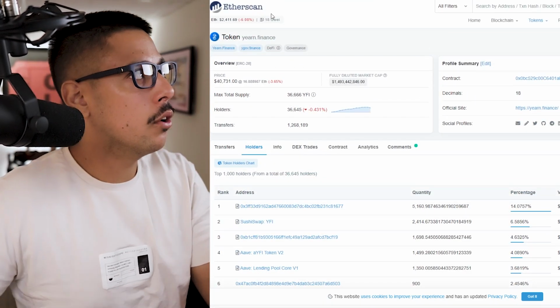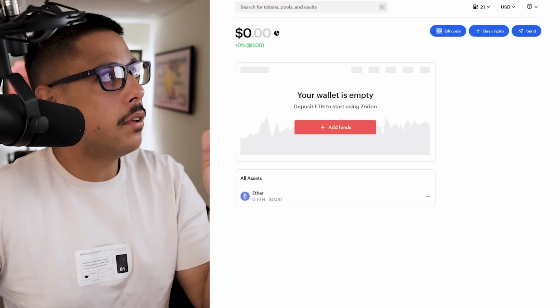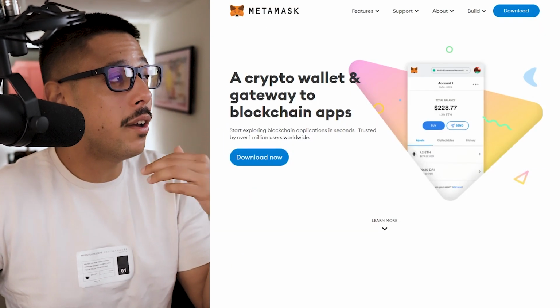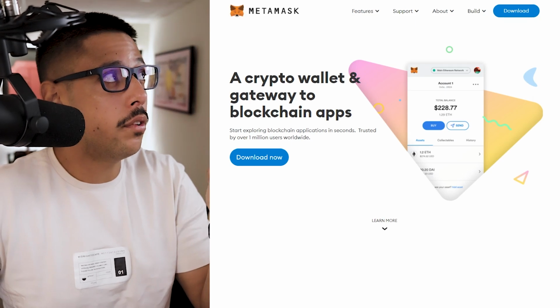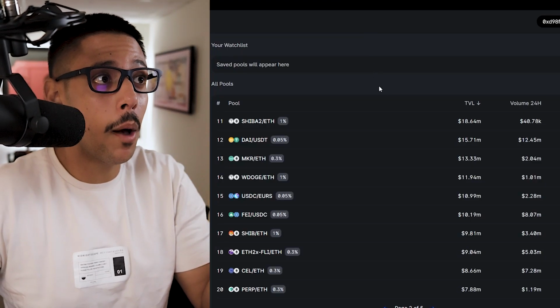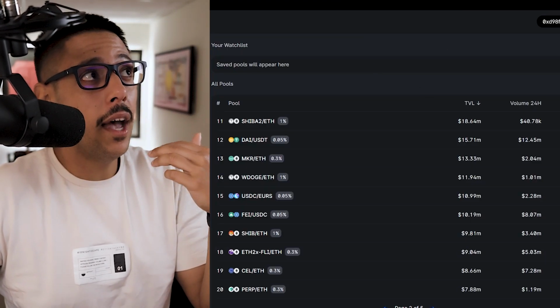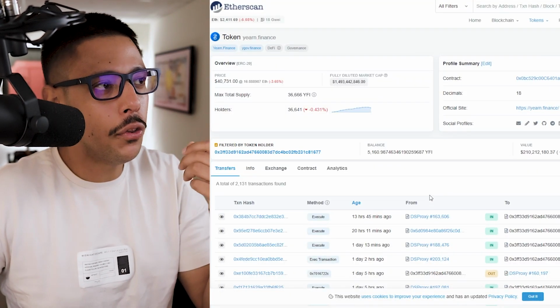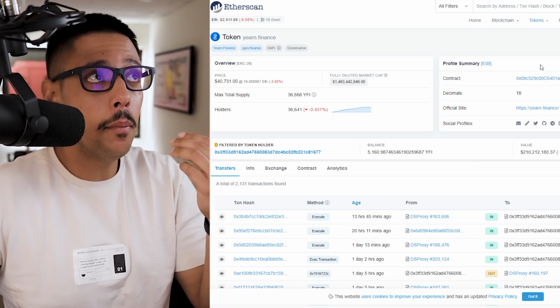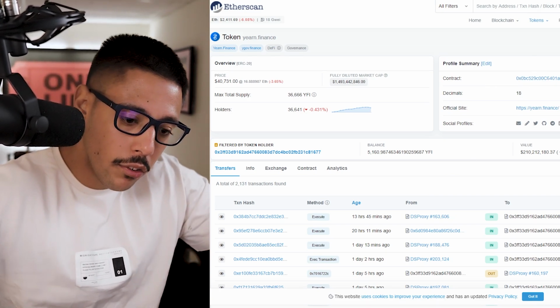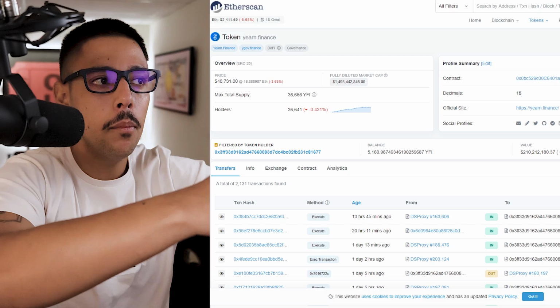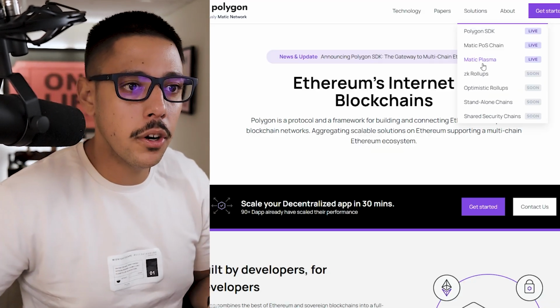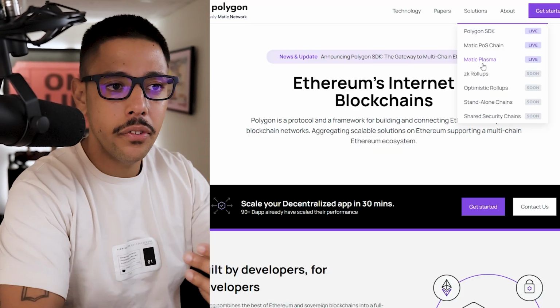Again, let me just go over everything one more time. We have Zerion to track the coins in your wallet. We have MetaMask to hold the coins. We have Uniswap to do the swaps on Ethereum. Now we have Etherscan to basically do some investigation on the coins itself. Now let's talk about a layer two. And layer twos always change. There's always new ones coming out, but you need to keep up to date, which is another option for increased scalability